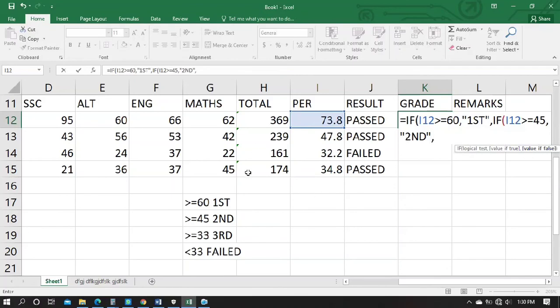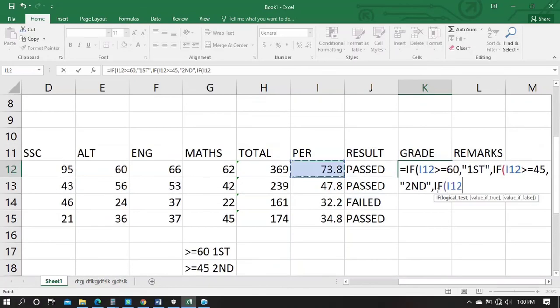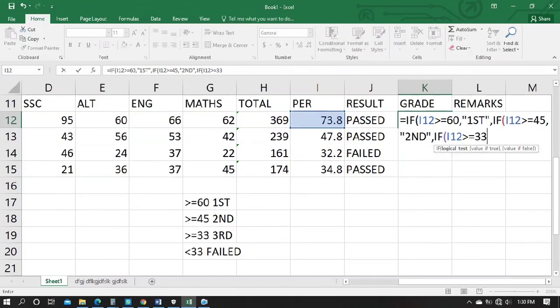Again, if there is two more option, if percentage is greater than equals to 33, value if true, third,